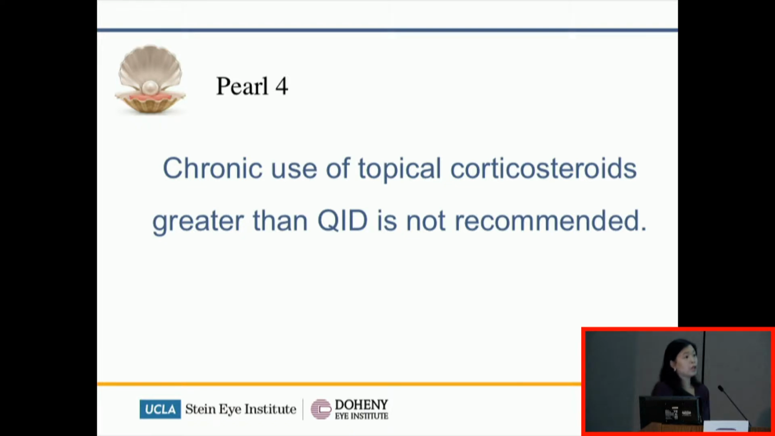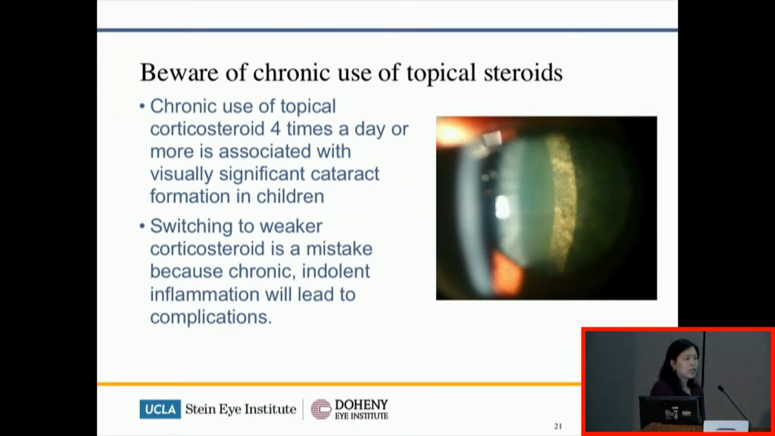So if we're going to talk about a patient that has gone from acute to now they have chronic disease, chronic use of topical corticosteroids greater than 4 times a day is not recommended. There was a study done out of the Wilmer Eye Institute looking at pediatric uveitis cases, and their conclusion was that any patient using 4 times a day or more of topical steroids on a chronic basis developed visually significant